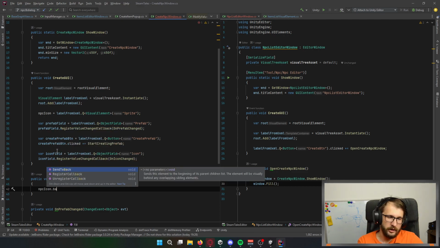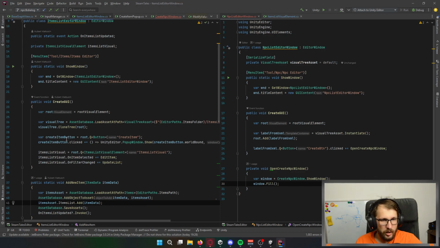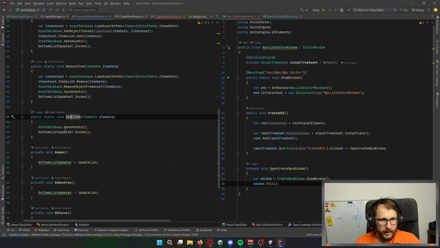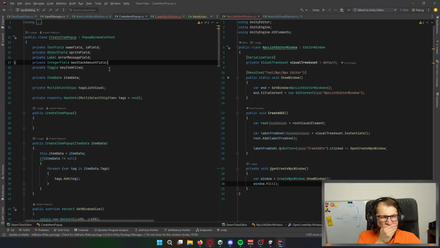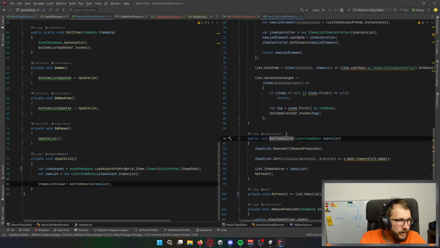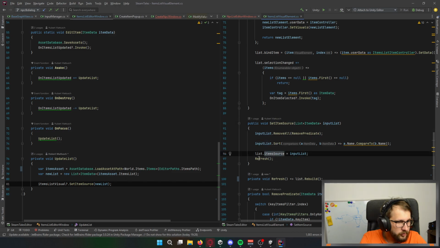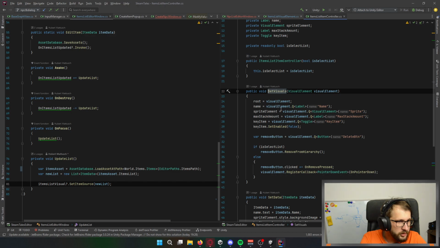Wait. How to change background? I've done it already, but how? Edit item. Okay, update list. Update list, load assets, set items. Oh, it's here. So I'm creating set visuals.